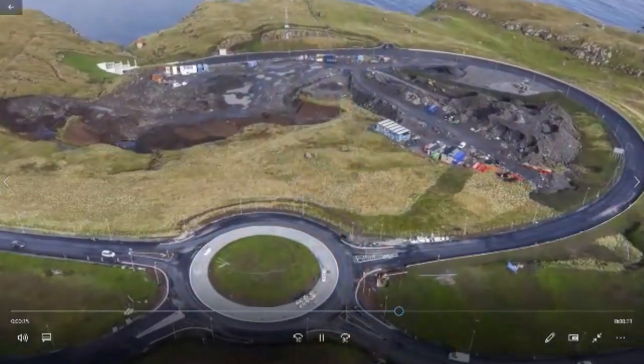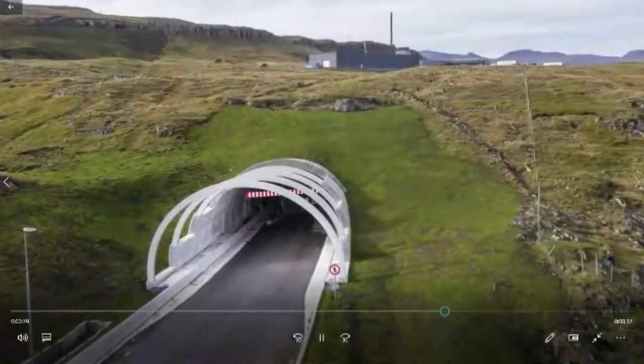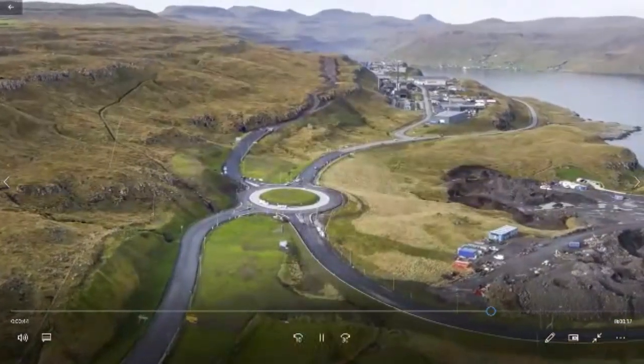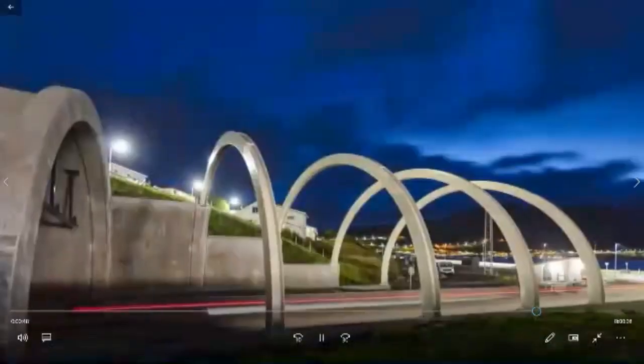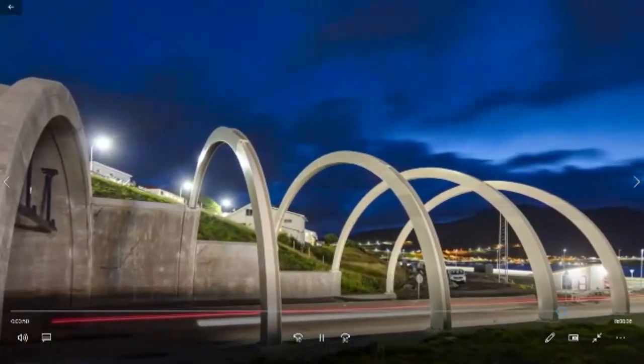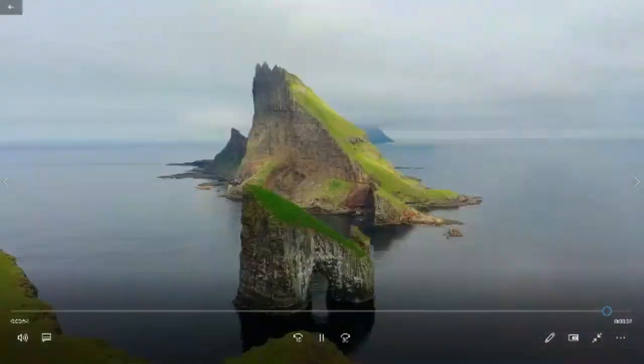The government hopes that people who live in small villages on the islands will travel through tunnels and over bridges to new jobs in the capital city. They can also travel on ferries, but bad weather often stops these services. Tourists will also want to use the tunnel when they visit the islands, which are famous for their natural beauty. More tunnels are planned for the future.